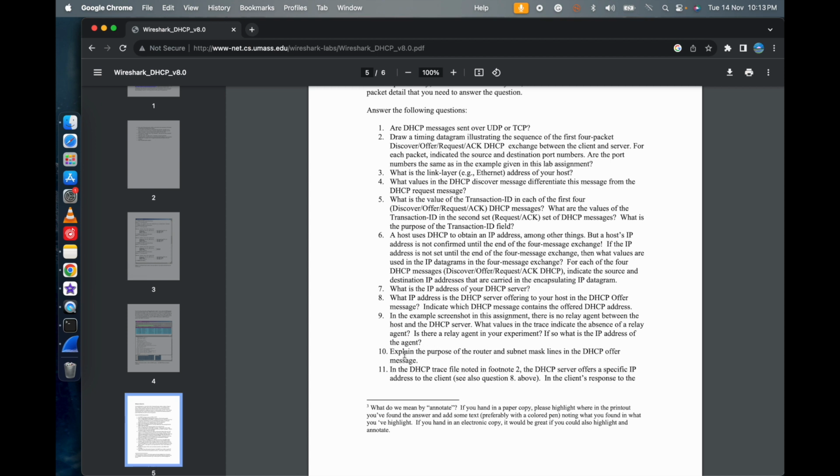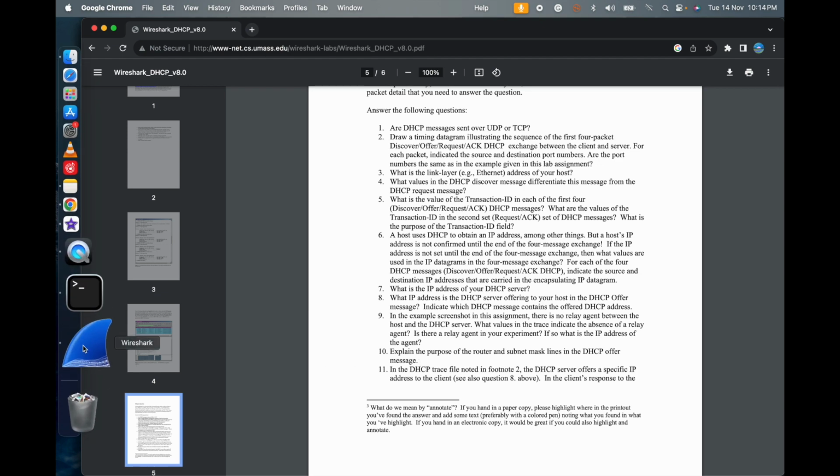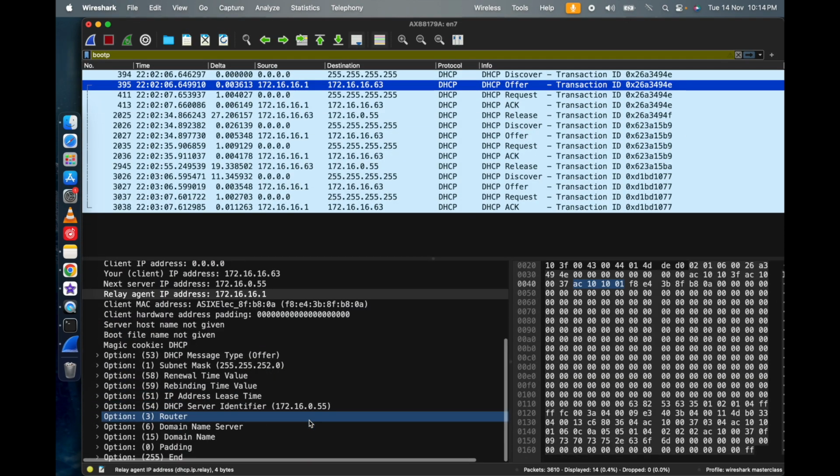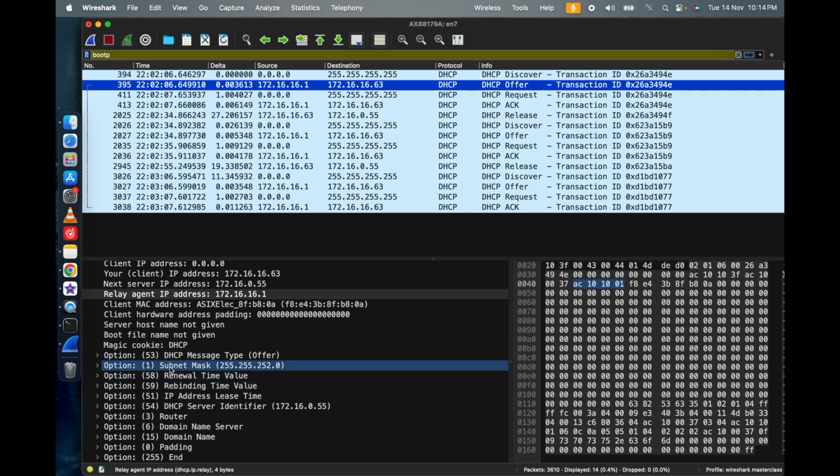So tenth question: explain the purpose of the router and the subnet mask lines in the DHCP offer message. In the DHCP offer message, there is subnet mask and the router. So the router line indicates to the client what its default gateway should be, and the subnet mask tells the client which subnet mask it should use. Okay,